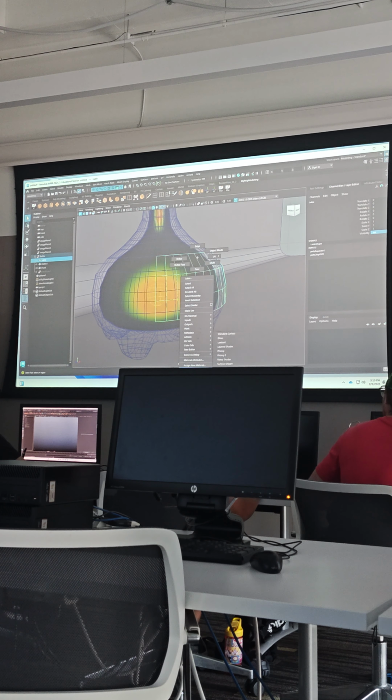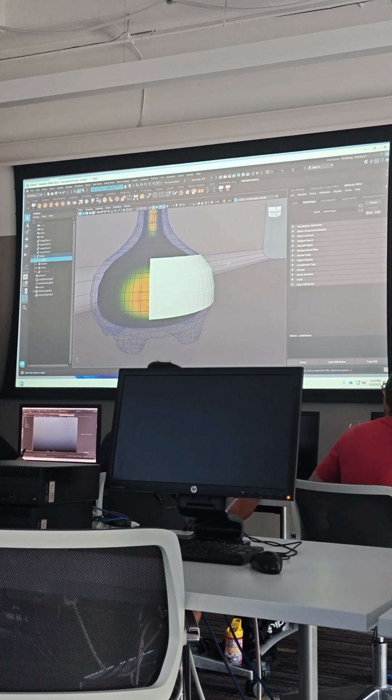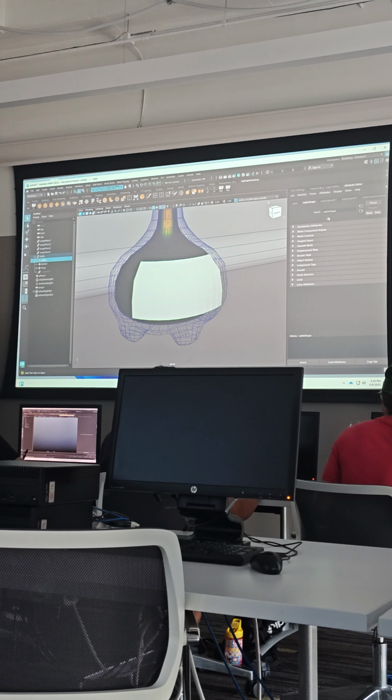Okay, so the label is a separate object. Again, I'm going to assign a new material, a standard surface, and